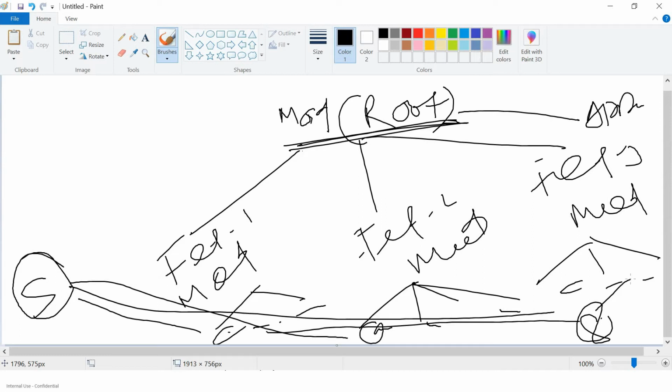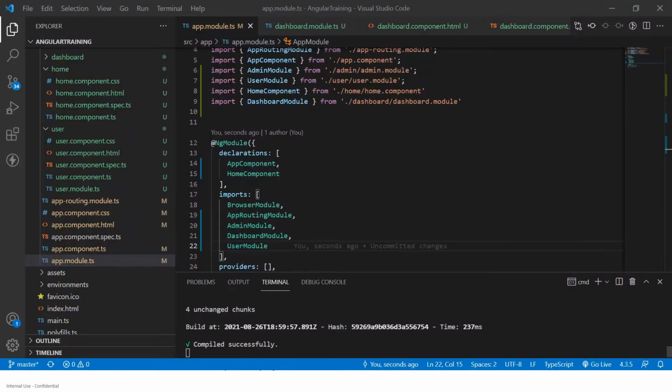These components can be connected to different services and pull data from different services through dependency injection. So we are injecting services to reach outside APIs, and the component is pulling the data. We'll see components again next.